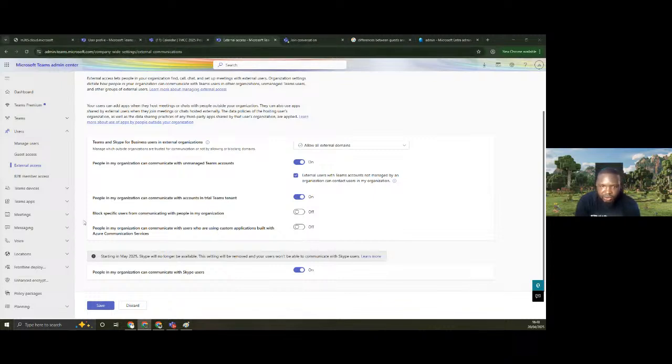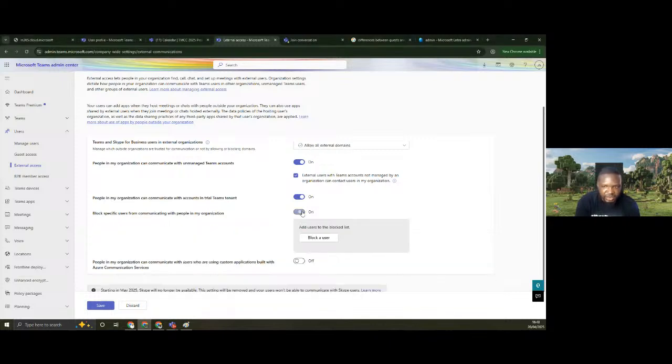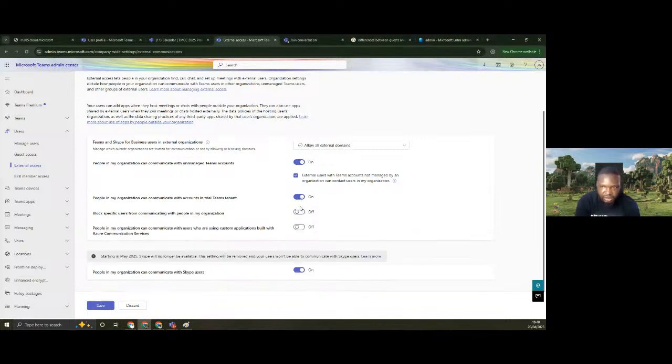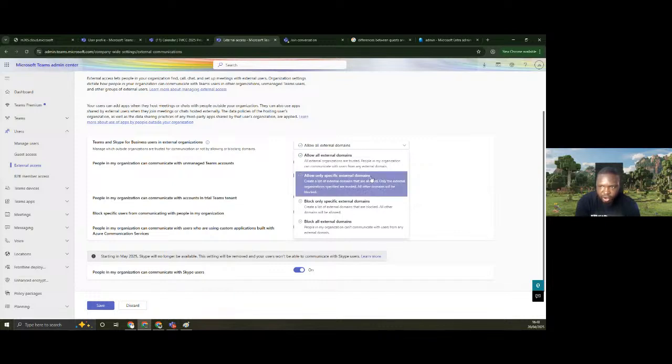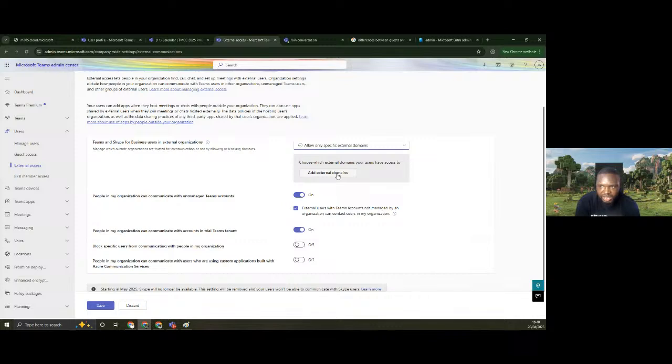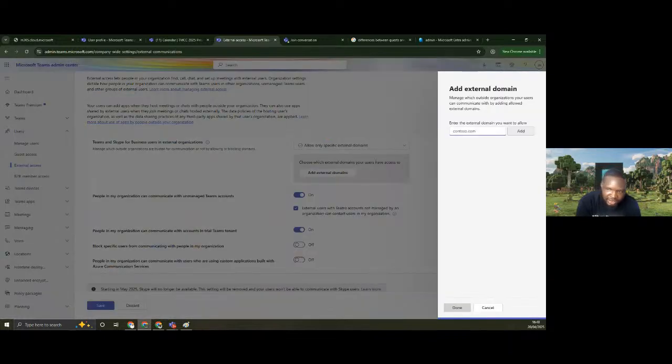So for here, you have block specific users from communicating with people in your organization. This is like federation as well, but this is user specific. When we talked about allow specific external domain, if we come here and click on add, you see that it is just contoso.com, which is the entire domain.